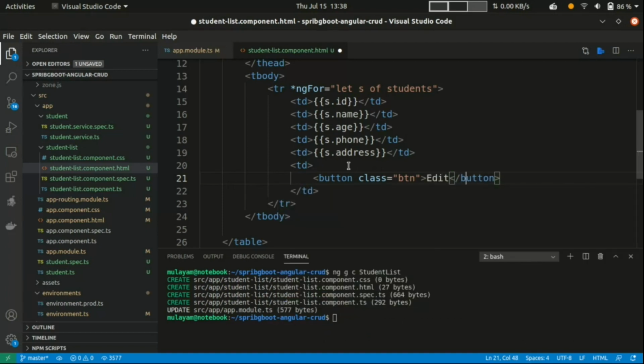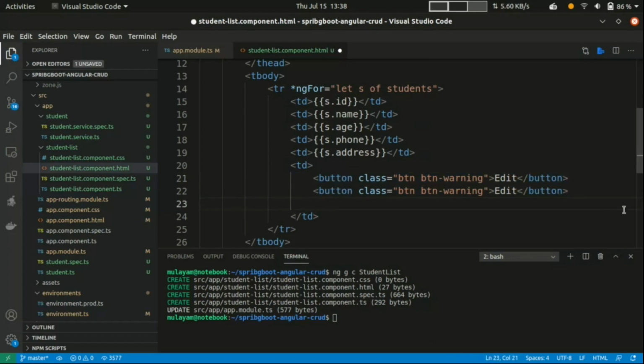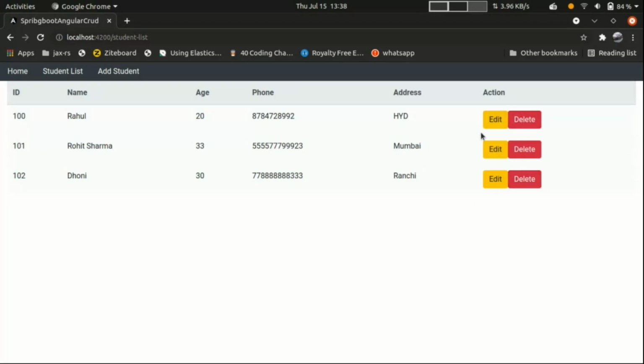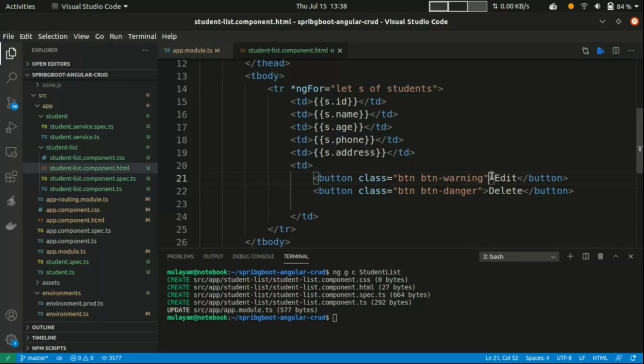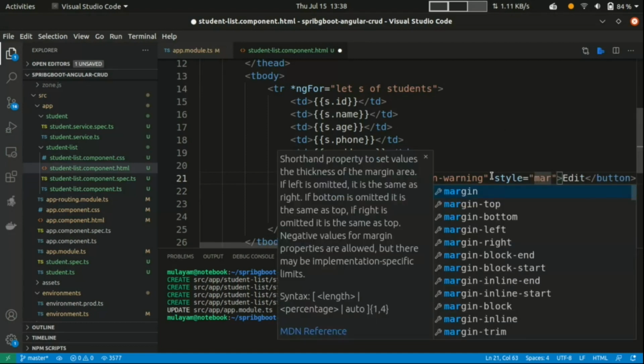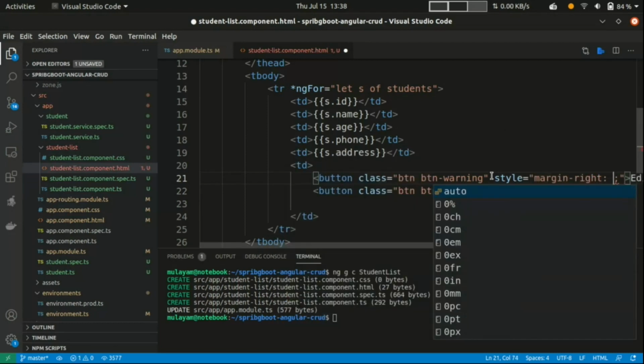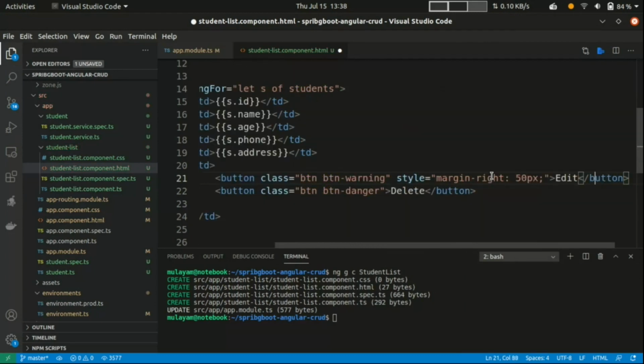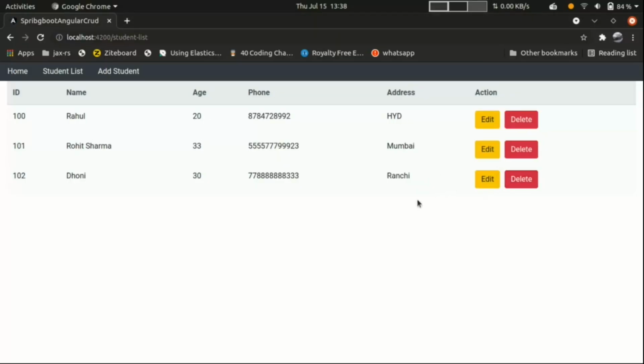Class btn btn-warning for the edit student button, and a delete button with btn-danger. Now I want to give some gap here, so style margin-right 5 pixels or 10 pixels, whatever. That's it. Now we are able to get the list of students.